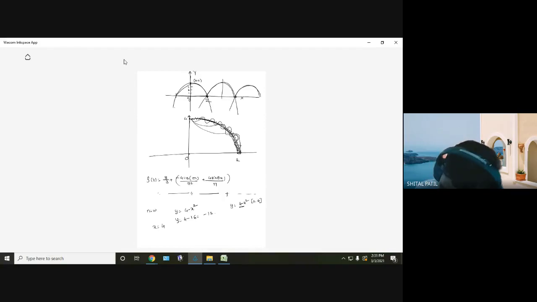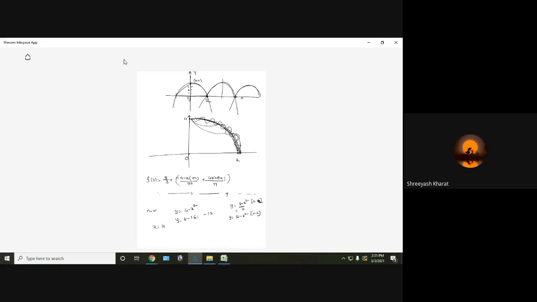So for this interval only, it is a periodic function, 0 to 2. If you substitute the terminal point 2, 4 minus 4, that will be 0. In that case only it is a periodic function. So if you want to define it for 0 to 4, it will be like this: y equal to 16 minus x square. And then the graph will come like that.